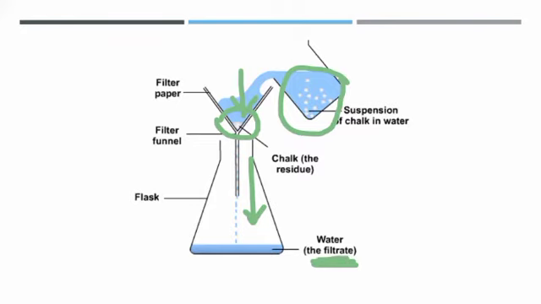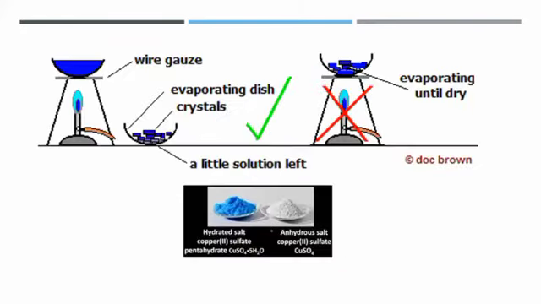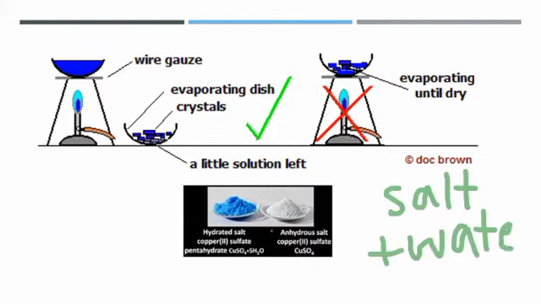Okay, now next, when you've done that, when you've separated sand, you've got sand in the filter paper. Sand has been separated, and now what mixture are you left with? You're left with a mixture of salt and water. Now, in this mixture of salt and water, it's completely dissolved, so you can't physically separate salt and water like you could physically separate sand and the salty water. So what do you do? You evaporate it.